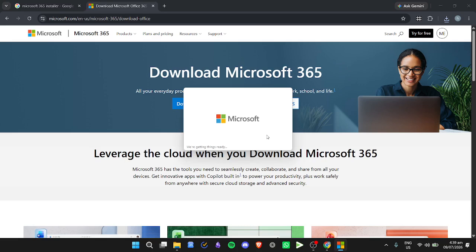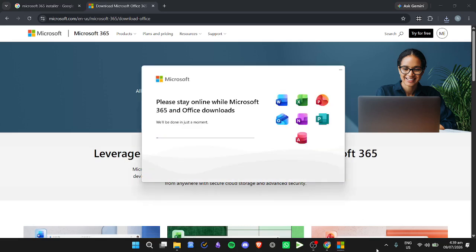This may take a while, so just go ahead and wait for it. Now that it has finished loading, you can see right here, it says, please stay online while Microsoft 365 and Office downloads. So just wait for this to finish, and then it should now be installing all of the